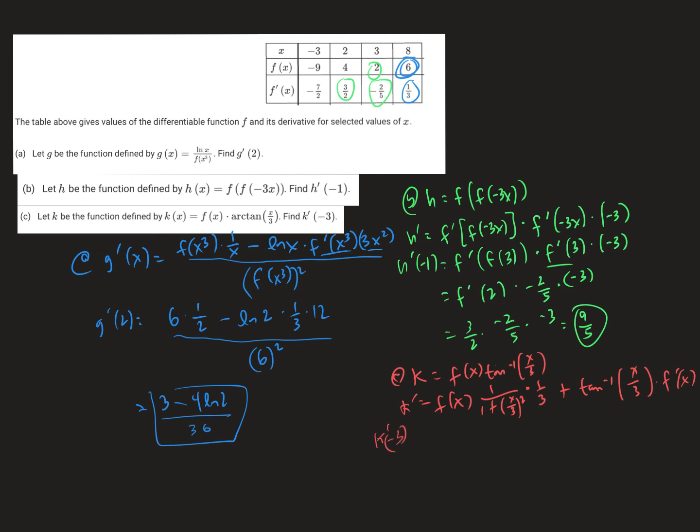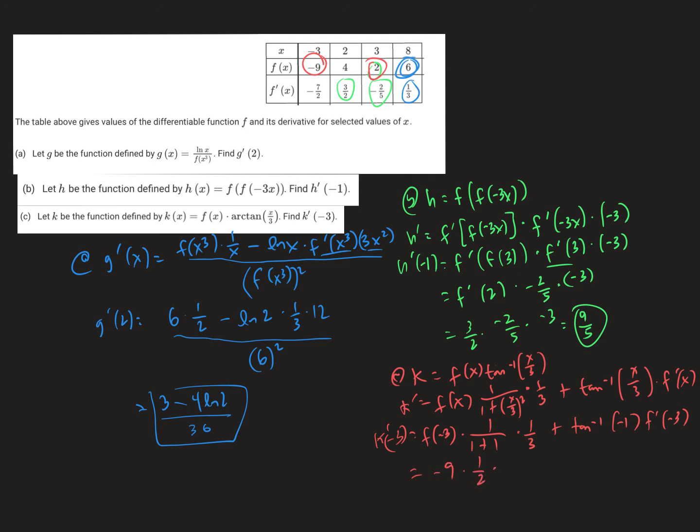So we're going to plug in -3 for all the x's. So that would be -1 squared. Inverse tangent of -3 divided by 3. And f prime of -3. So f of -3 is 3. Sorry, f of -3 is 2. I'm sorry, -3. F of -3 is -9